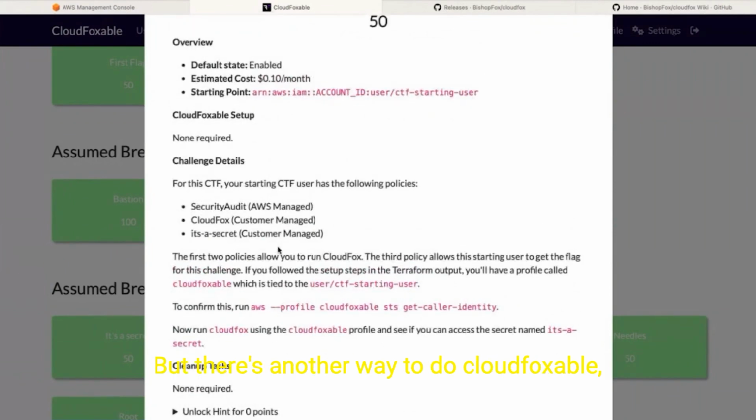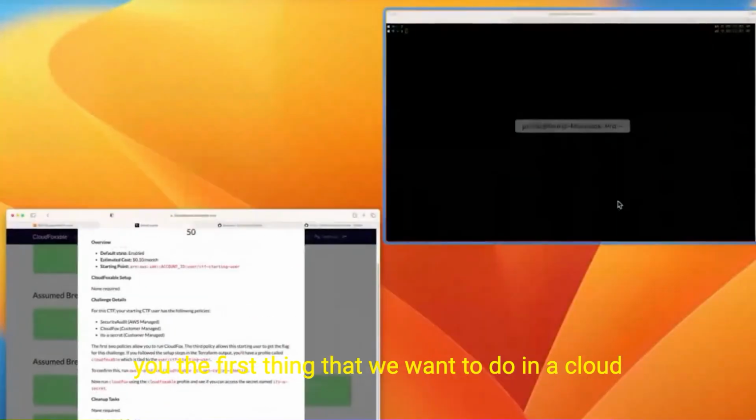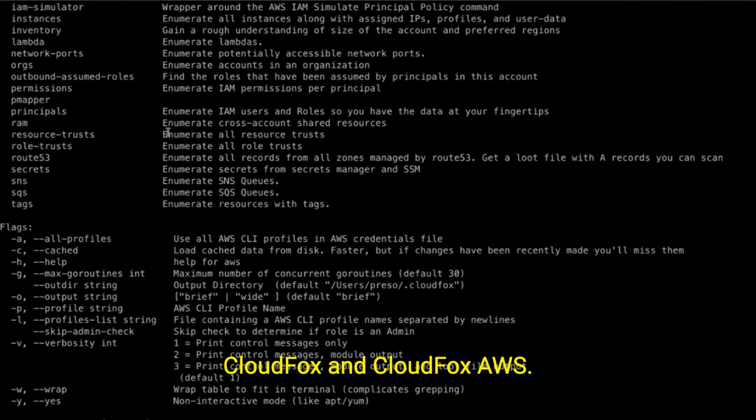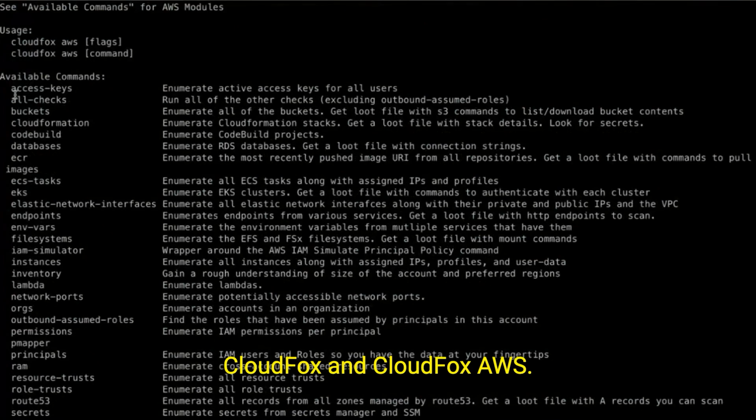But there's another way to do CloudFoxable, which is what I've done for this walkthrough: I've deployed all of the challenges, and we can treat it almost like a cloud penetration test. Here, I'll show you. The first thing that we want to do in a cloud penetration test is see what's around, right? What's the inventory? Are we talking about an environment with no lambdas and hundreds of EC2s, no EC2s and hundreds of lambdas, things like that. And so here first we have CloudFox and CloudFox AWS, and you can see we have 30-something different commands,